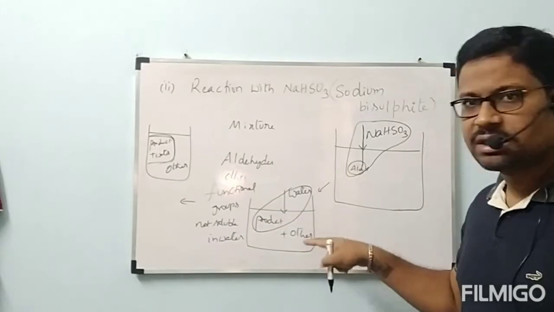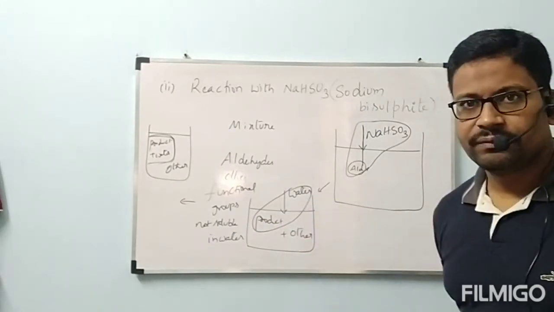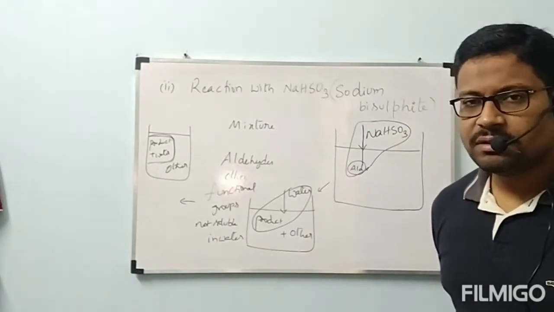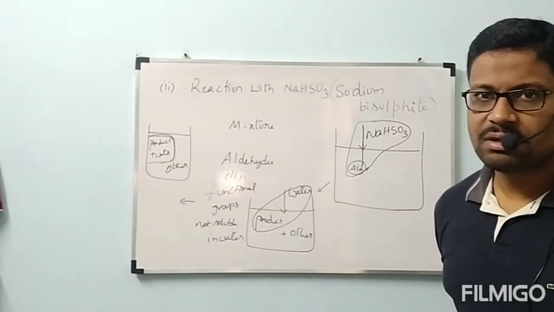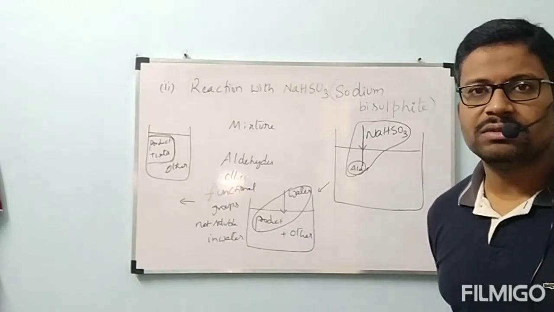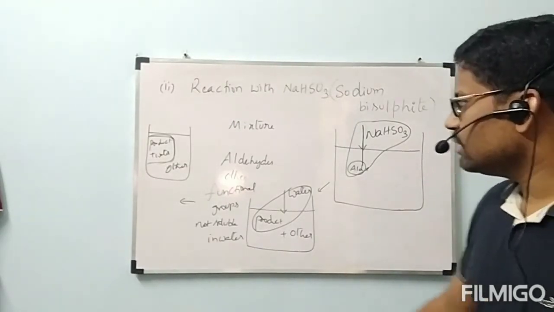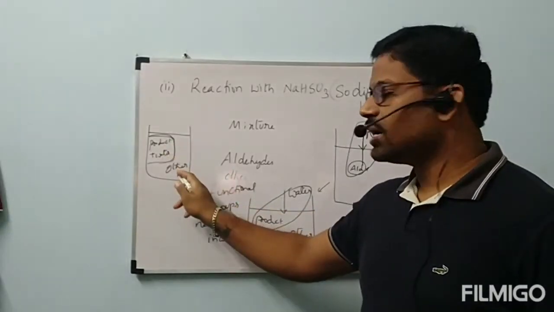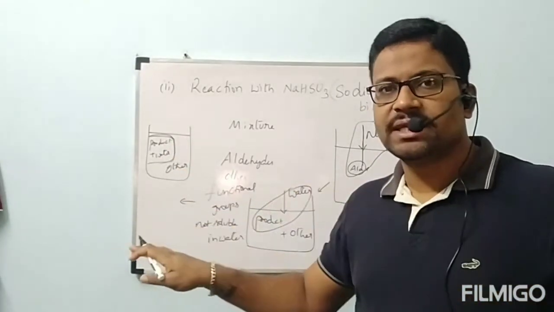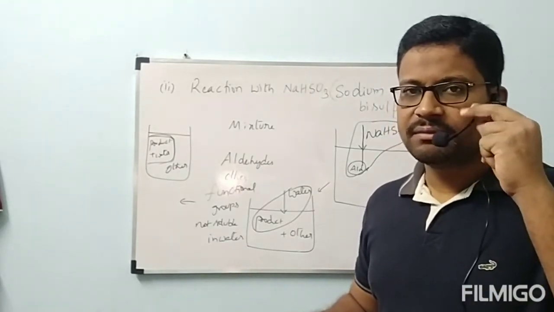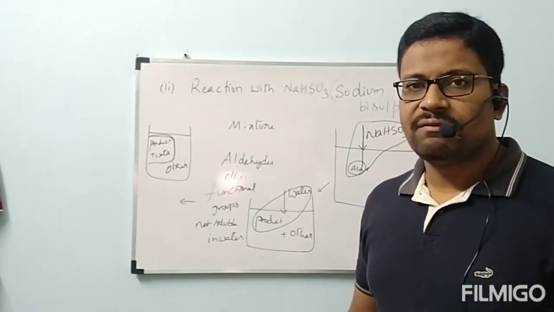To the total mixture, we are going to add water. In that water, the product which is formed will be soluble, but the other functional groups won't be soluble in water, because we already said that those other functional groups must not be soluble in water. Then this product plus water and the other functional groups will form two layers. When they form two layers, we can easily separate them by using the filtration technique.